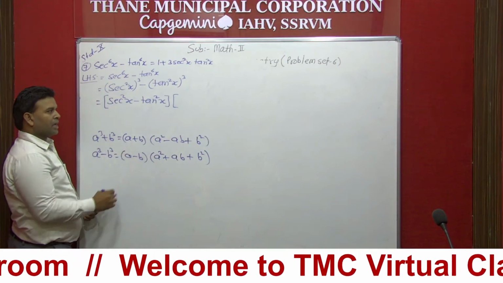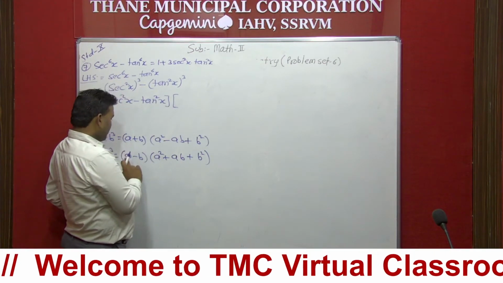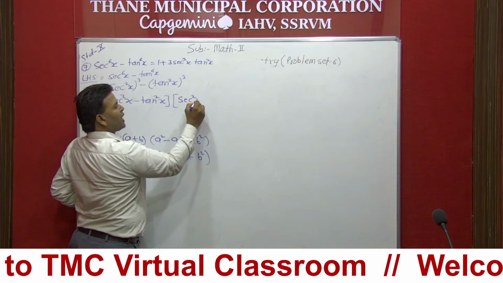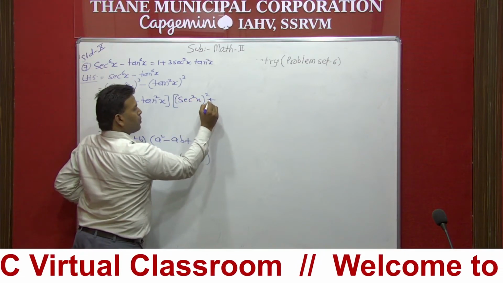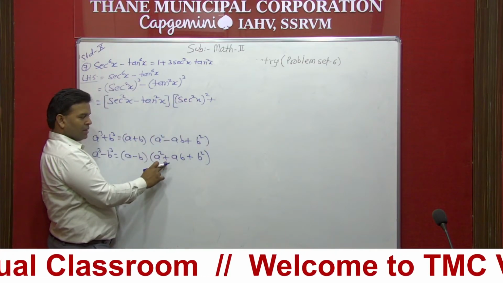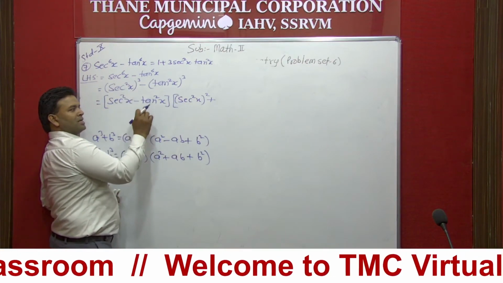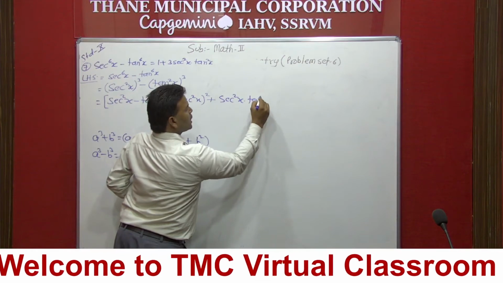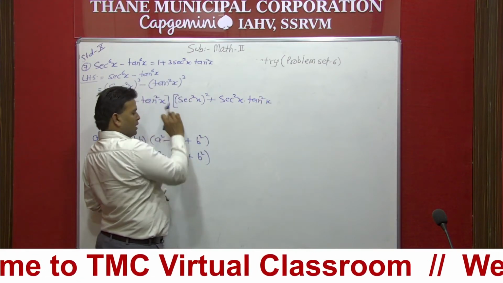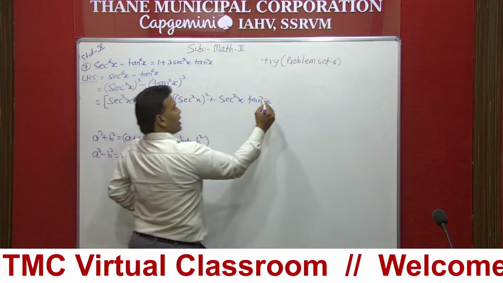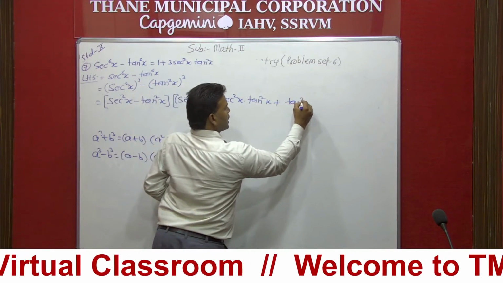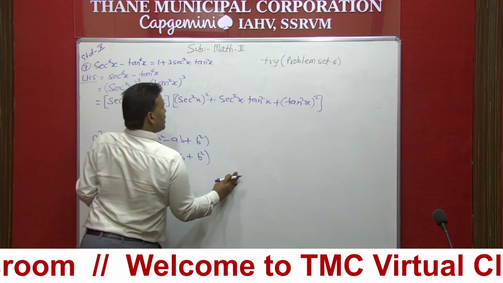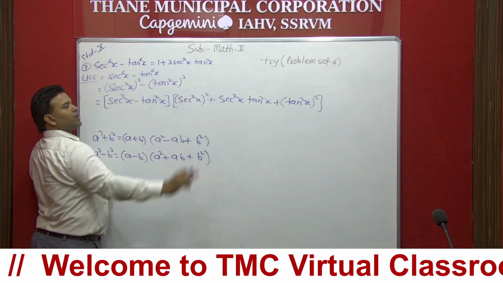Another square bracket. In the next square bracket, now see, here we have the square of a. What is our a? This is our a. Its square will be here, so sec square x the whole square. Plus, here it was minus so here plus will come. a into b, what does it mean? The multiplication of these two. What happens here? sec square x into tan square x. Then the square of b, the last term, tan square x the whole square, bracket close. So here we have completed one of the most important steps.